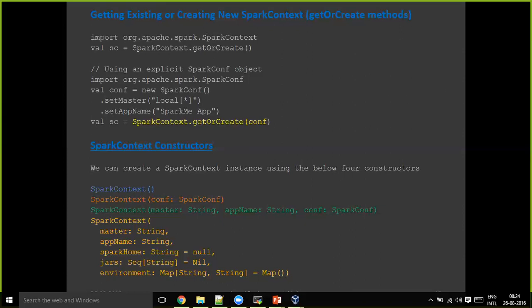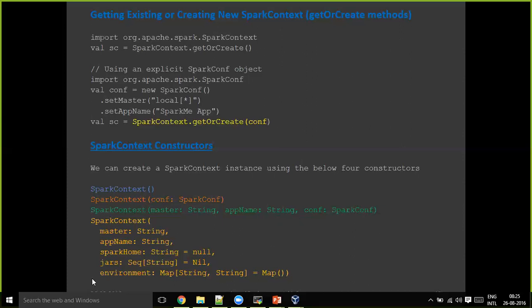So why I left this page is for your reading. These are the other ways of creating your Spark context object also. You can create it without providing any conf object as a parameter, or with providing the Spark conf object, which is the most popular one and the one we mostly use. You can also directly provide your master URL and application name, followed by the conf.